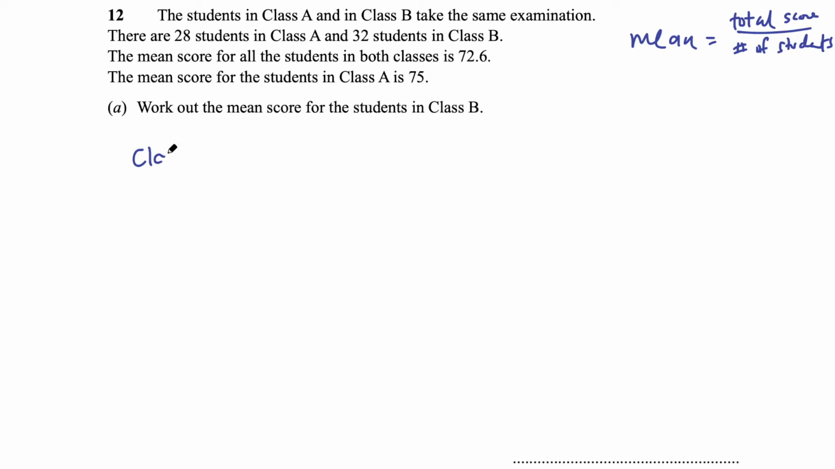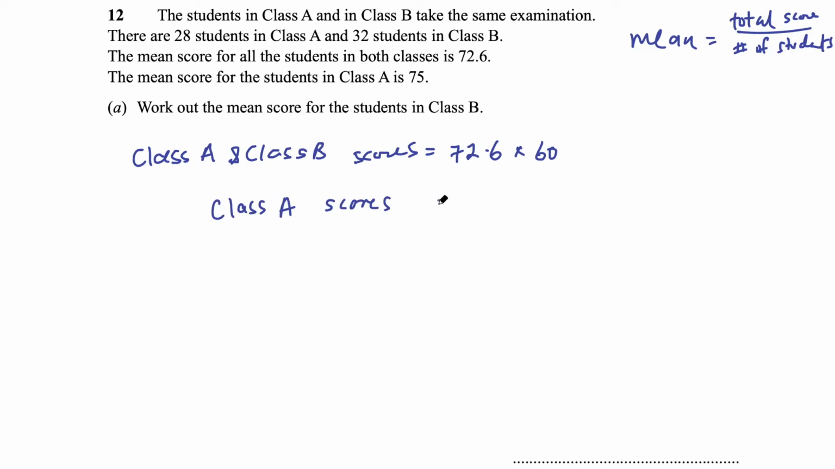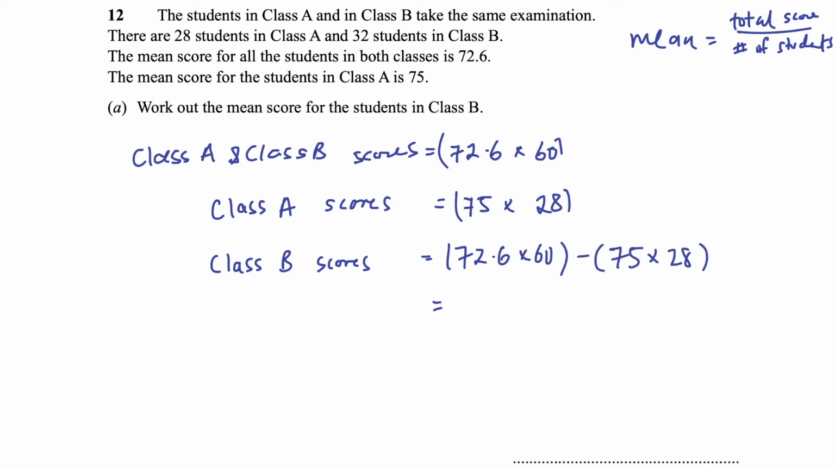So we could say the class A and class B scores, they must be the mean of 72.6 multiplied by the number of students, which is 60. So I've just rearranged that to find the total score. So the mean times the number of students will give you the total scores for both classes. And we can also do that for the class A scores just by themselves because they give us the mean for class A. That would be 75 multiplied by 28, the number of students in class A. And then therefore class B, the scores for class B is going to be the total score for both classes subtract the total score for class A. So for class B scores, I'm going to take this, subtract 75 times 28, and then I'll have the scores for class B. Okay, so let's put that into a calculator and we get